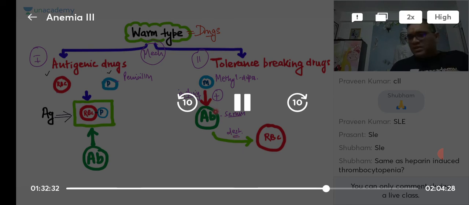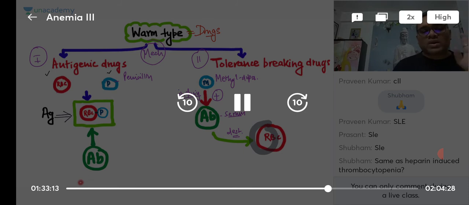Why? See, previously there was immunological tolerance. You remember, in immunology we have discussed immunological tolerance. So previously this RBC was having immunological tolerance, so there was no autoantibody damage. But what has happened when methyldopa came? Methyldopa has induced the antibody. So what have they done? They have done the breakage of the tolerance. Understood? Tolerance breakdown by whom? By methyldopa, through induction of antibody, and this will destroy the RBC.